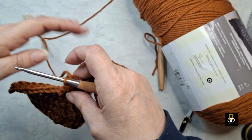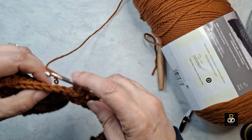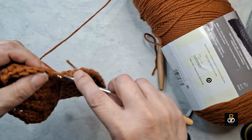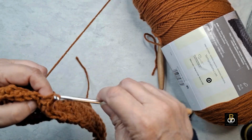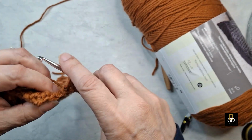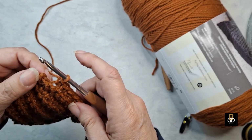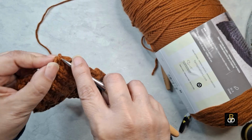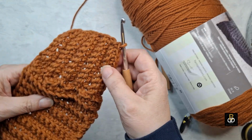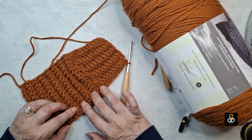I'm going to turn my work. I'm going to skip 2 and I'm going to go up. And this again is just for demonstration purposes, but on the pattern I give you the stitch count for the small here in a little bit when we get to that. And this is how you do it. Again, your back loop single crochet stitching into those 9 stitches from the sleeve ribbing, and then your single crocheting into the last one. And now we're gonna get a stitch marker, mark this as our right side, and I'm